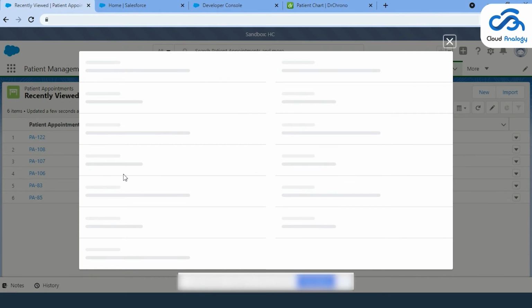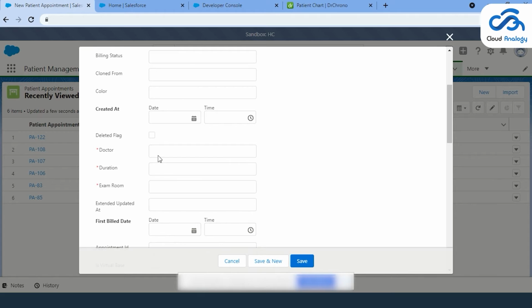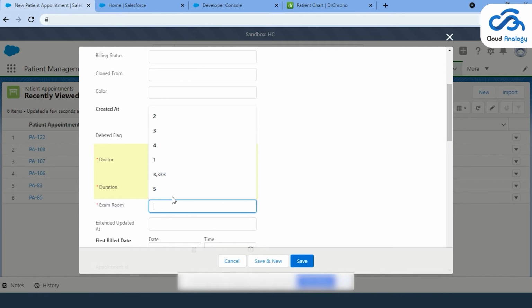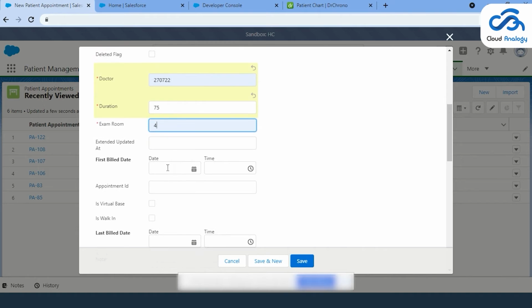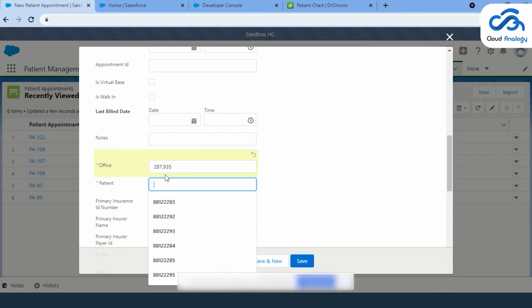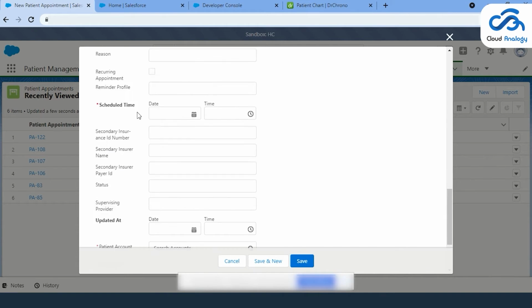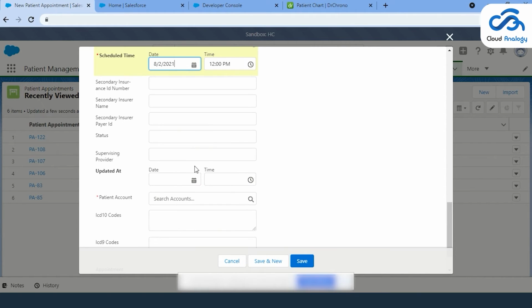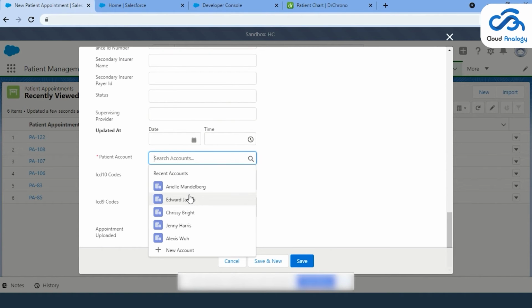Let's go to patient appointment. Create an appointment, fill the required field. You can see these are the requirements and examples. We can choose 4 options like 1, 2, 3, 4. Here I choose 4. Fill in the details of the office and patient and then schedule the date. We can create appointments as the past date and as well as the future date. So if I created for a past date, now go to the appointment.